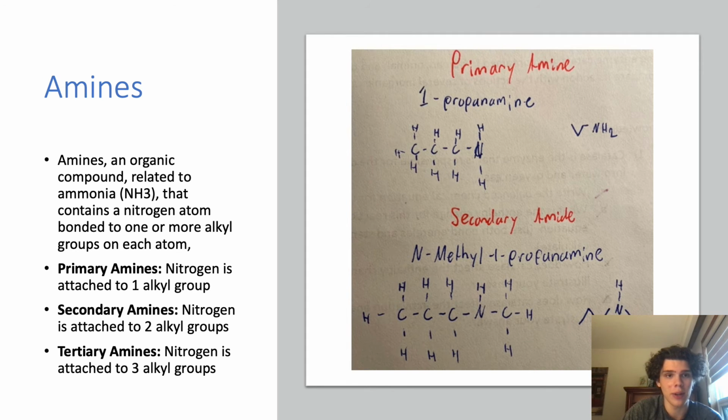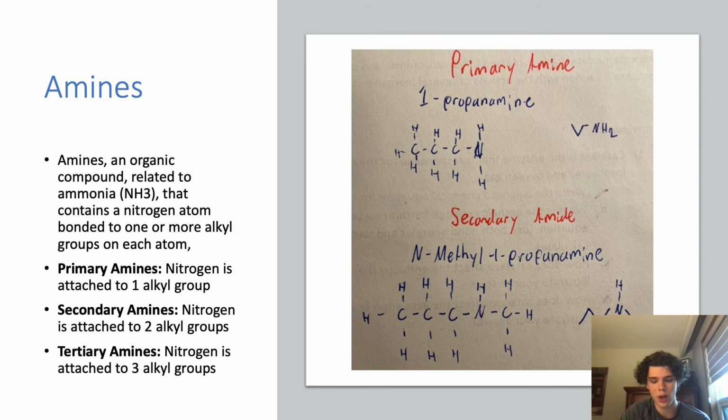So moving on to amines. Amines are organic compounds that relate to ammonia, which is NH3, and that contain a nitrogen atom bonded to 1 or more alkyl groups. So there's 3 different types of amines, like there are alcohols. There's primary amines, which are nitrogen groups attached to 1 alkyl group. There are secondary amines, which are attached to 2 alkyl groups, and there are tertiary amines, which are attached to